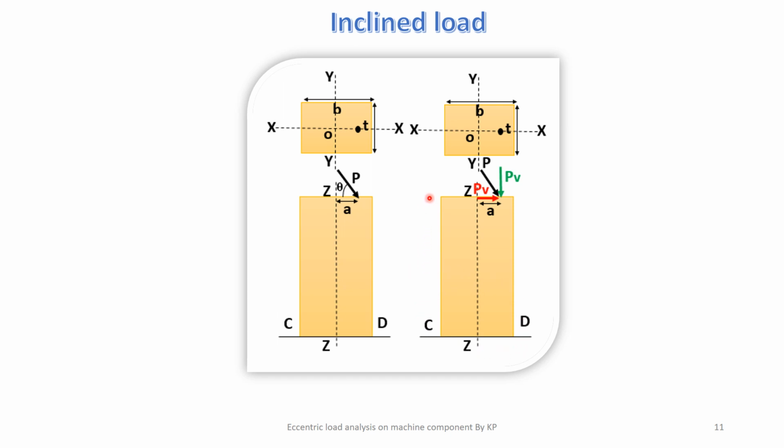This also produces shear stress at this cross section as well as bending stress. So here the effect of this bending stress at this section is compressive in nature, and here at this section it is tensile in nature, while the value of the direct shear stress because of this PH load is very small, so we can neglect this value. And if we take the actual variation because of this PH load, the actual variation also has zero value at the ends, and it is maximum at the center.